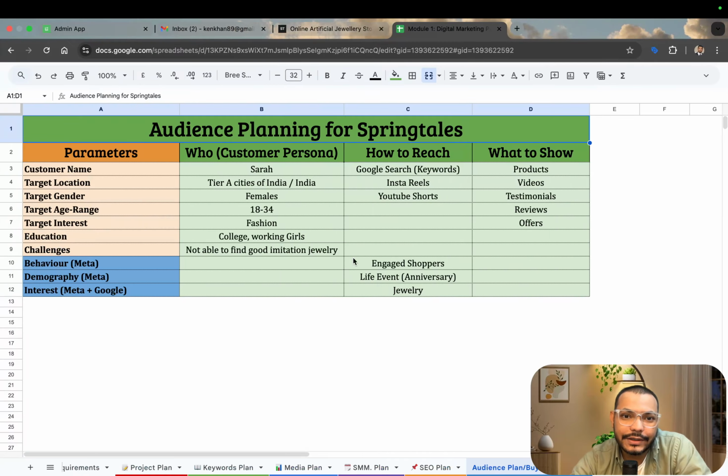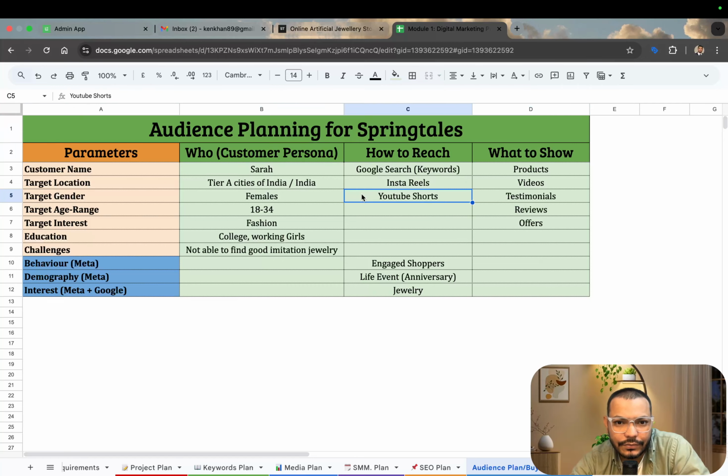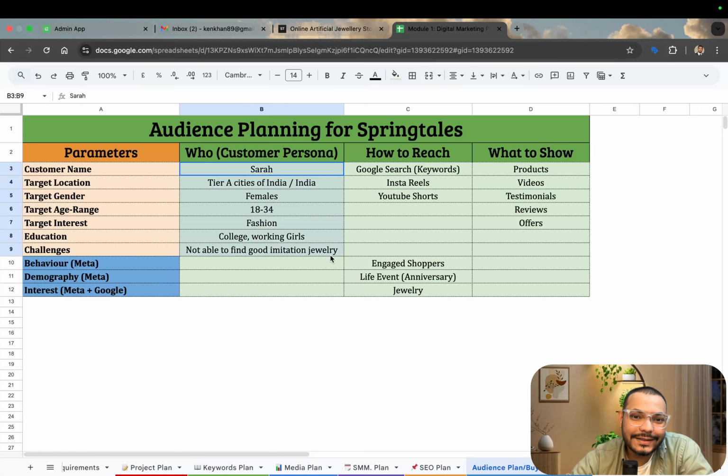But moreover, it's all about writing down this information in an audience plan. Now this audience plan means we have to deploy this entire audience, this entire customer detail, into the campaign.